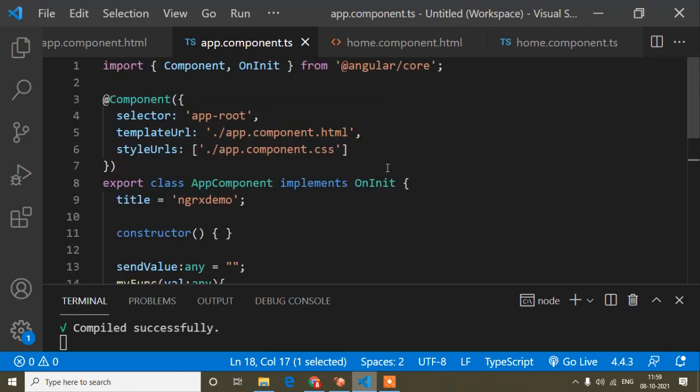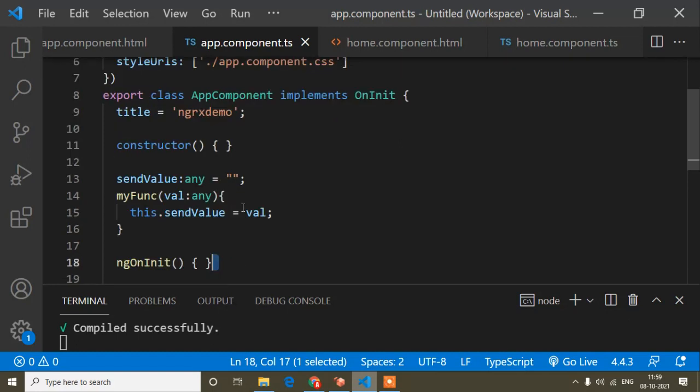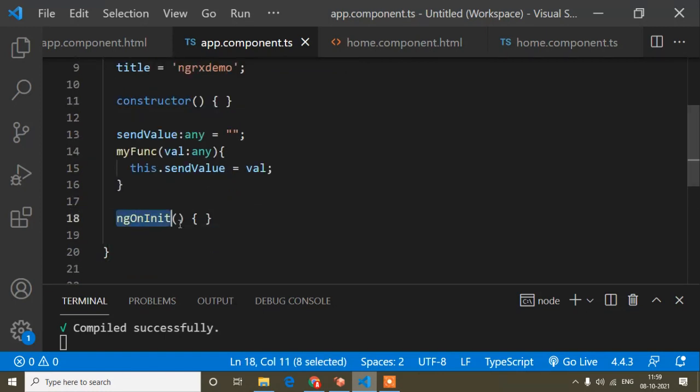But guys, this video will be special because I will give you the idea of when you should use ngOnInit, and the difference between the constructor and ngOnInit, and I will show you a practical example. Whatever we write inside the ngOnInit method, we can do the same thing inside the constructor. We can even do something more in the constructor, and what is that? I will discuss that in this video.